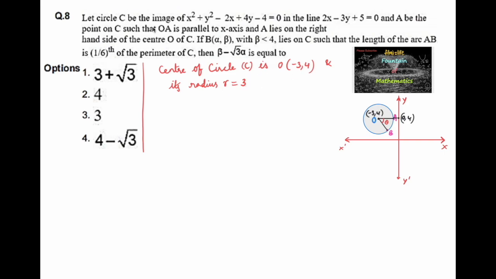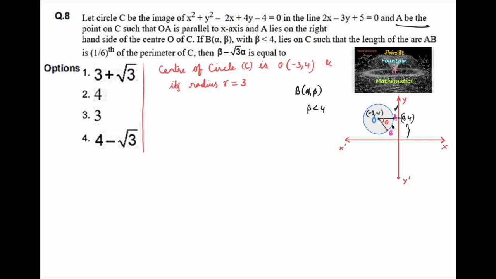Now let's see the second part. A is the point on C such that OA is parallel to the x-axis and A lies on the right hand side of the center O. So let us mark the point here. And if point B is alpha comma beta, where beta is smaller than 4, which means it should lie below the 4. Here 4 units are there. So B should be below the OA